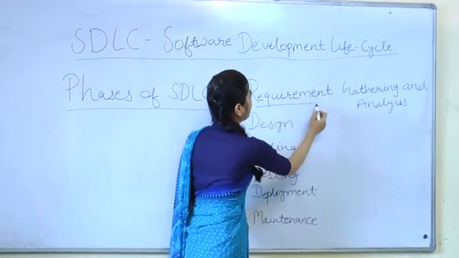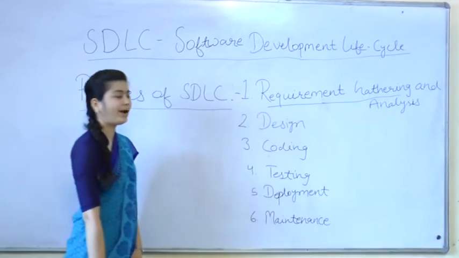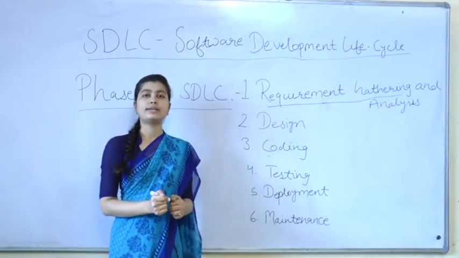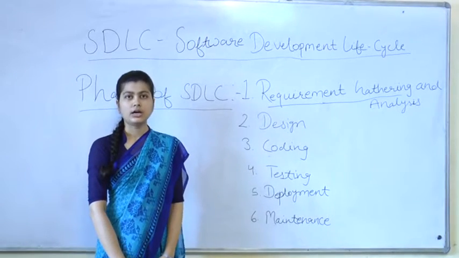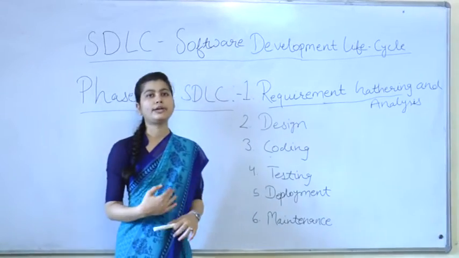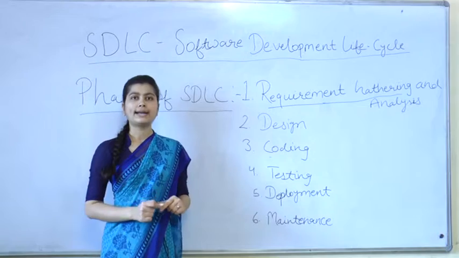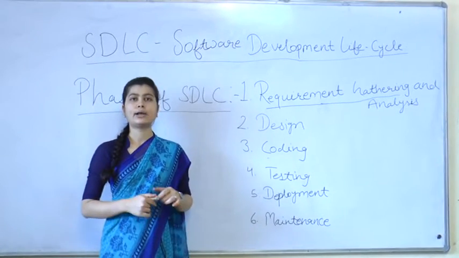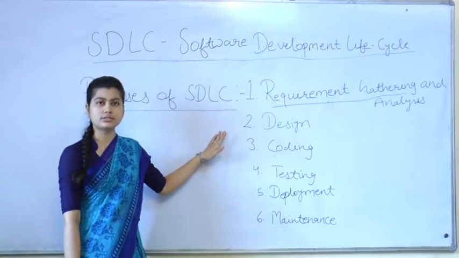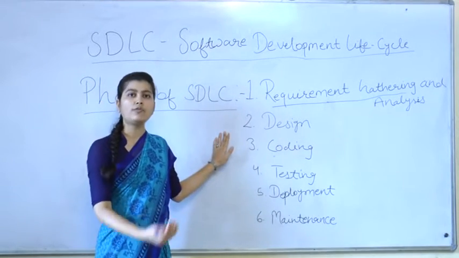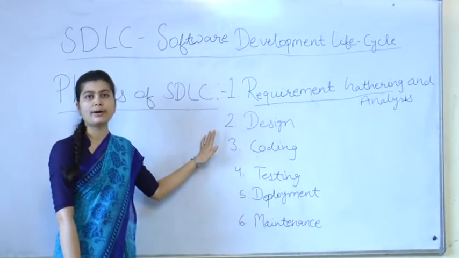In the requirement gathering phase, the software requirements are gathered. This is the phase in which meetings are held with managers, stakeholders and users. They are involved in this phase to get answers regarding the requirement specifications, like what is the use of the system, who is going to use the system, how will they use the system, what should be the input of the system, and what is the output by the system.